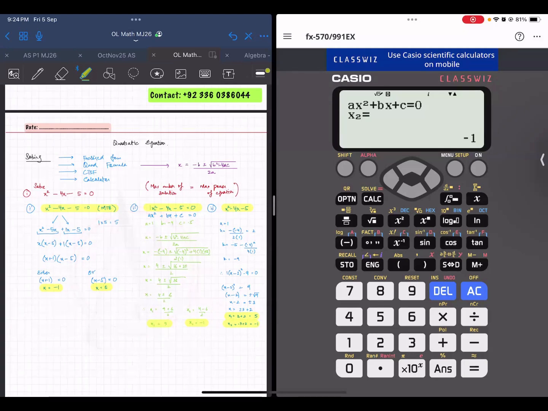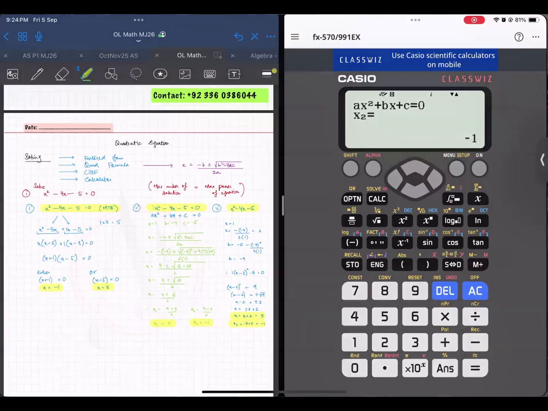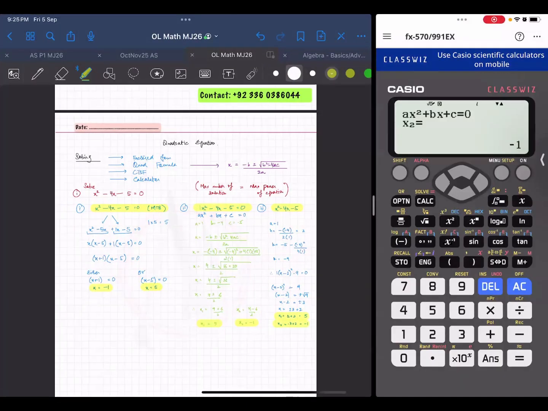Okay. See in your calculator, explore your calculator as well. Sometimes the version is different, the calculator is different, but if it is scientific, it will have this function. So explore your calculator as well. There are many things that you can do in your calculator.